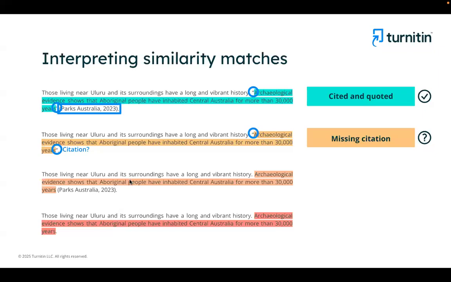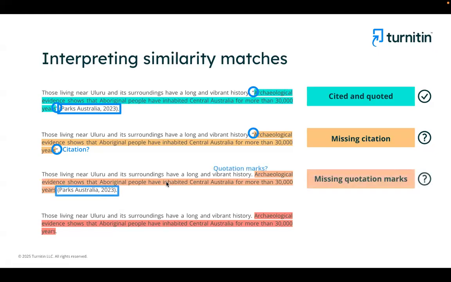In a similar manner, any text highlighted in orange color, these will be the text that has proper citations added, but quotation marks are missing. There also you have an opportunity to improvise, and you are aware that since the citation is added, that means the acknowledgement is not missing completely. You can still add quotation marks if needed. So this is again not considered to be plagiarism.